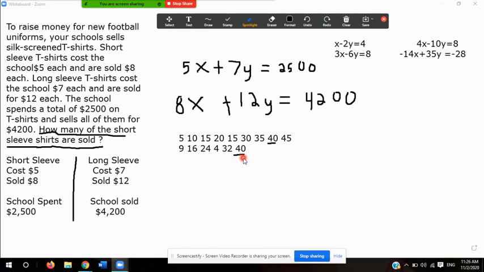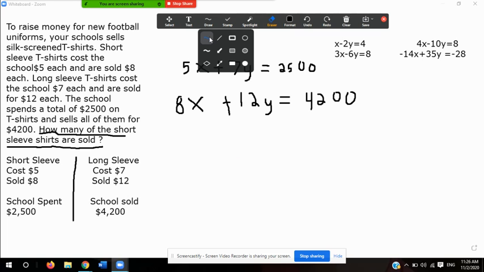Okay, so what I want to do is multiply them in a way where I can cancel the equations out. So the first thing I want to do is take my top equation and multiply by 8 times 5, because it's 40. But because I want to be able to cancel them out, instead of using positive 8, I'm going to use negative 8. So we're going to say negative 8 times 5x